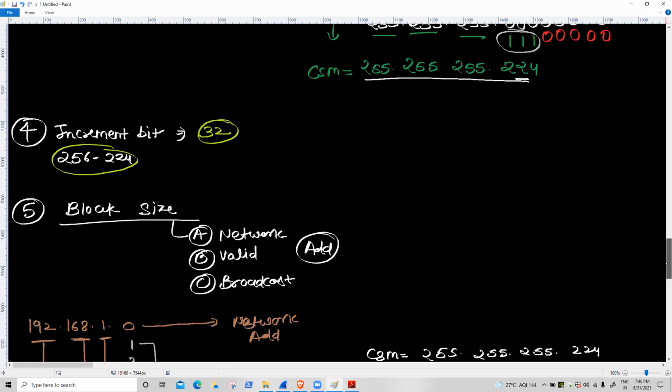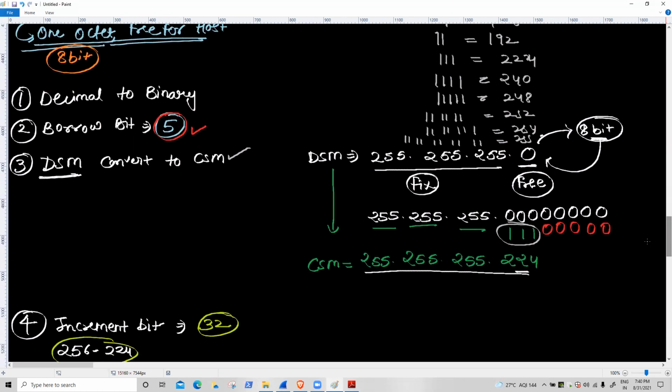Right now, how many bits off in my subnet mask? How many bits off? 5 bits. A very simple formula. 2 power 5 minus 2. 32 minus 2. How many valid IPs? 30. This one is the host formula.